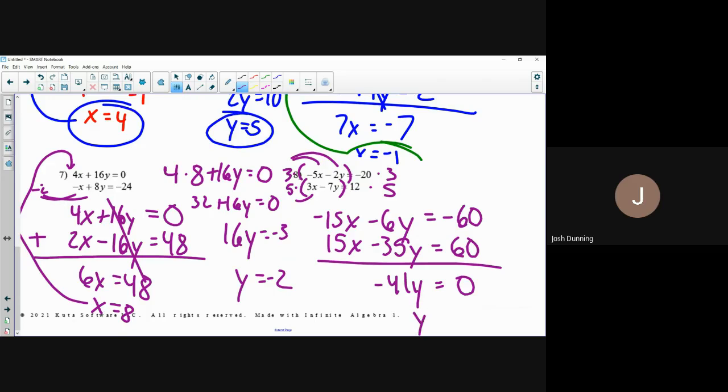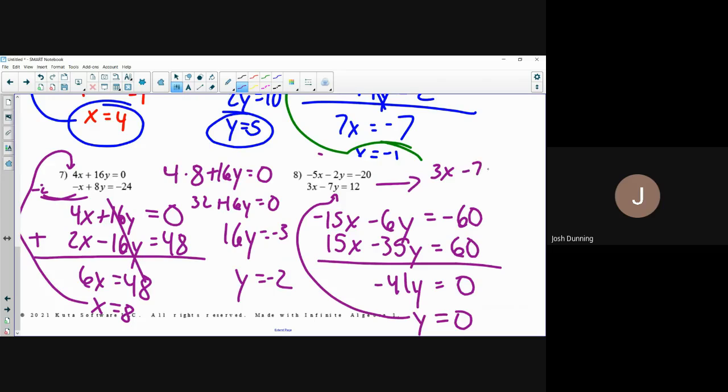Divide 0 by 41, you get 0. Go back to pick one of the originals. I'll pick the bottom, has a few less negatives. You could do the top, doesn't matter. If I pick the bottom, 3x, 7 times 0, 0. Divide